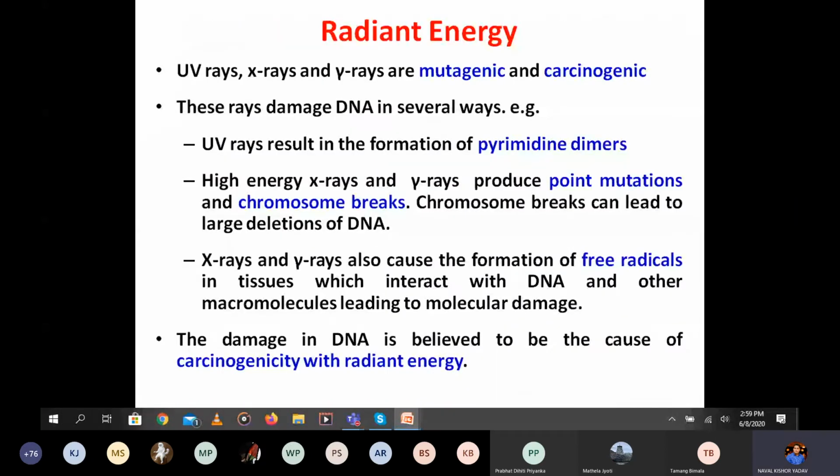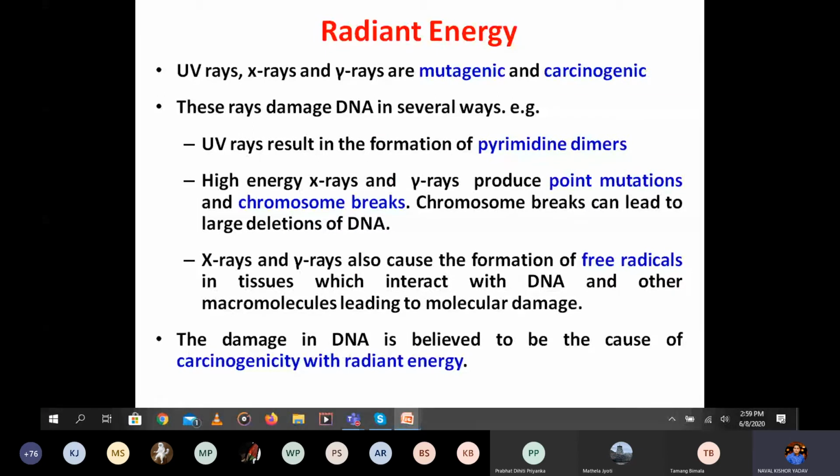So this is another agent which causes cancer, or carcinogenic: radiant energy. So it is UV rays, X-rays, and gamma rays having the mutagenic and the carcinogenic effects. These rays, UV rays, X-rays, and gamma rays, are mutagenic and carcinogenic. So these rays damage the DNA in several ways. There are many ways